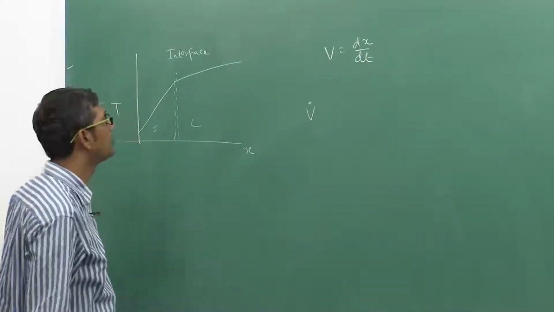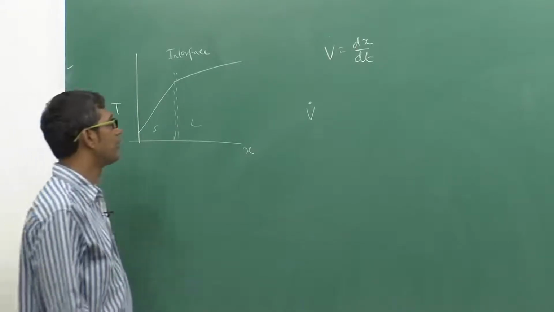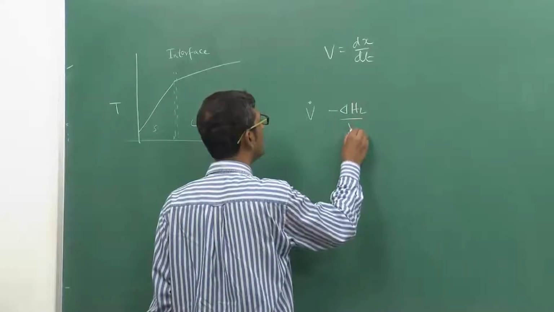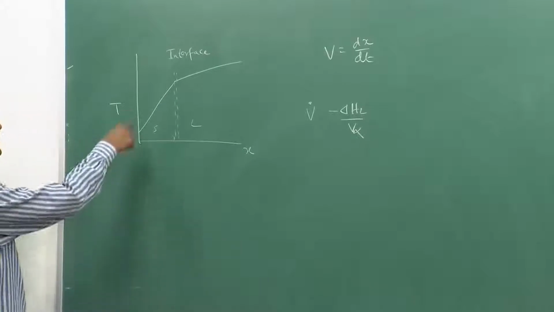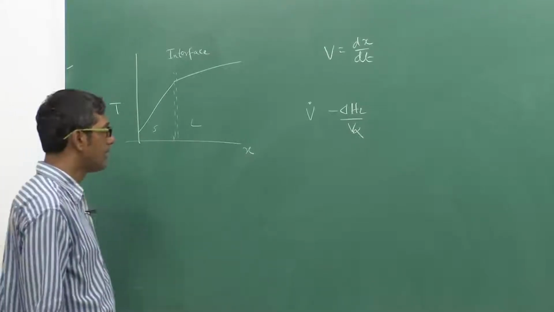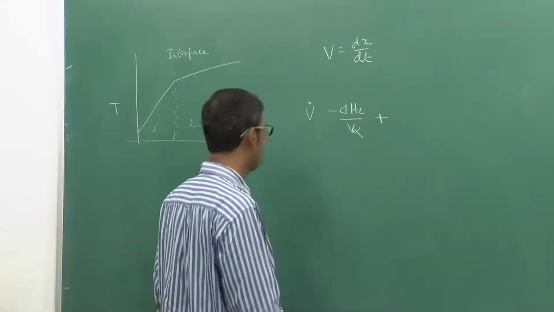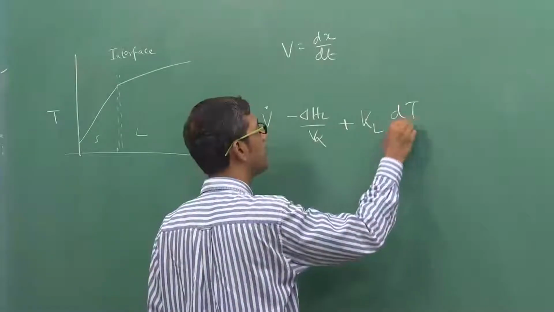If it moves dx distance, then it is dx by dt. Growth rate multiplied by the heat evolved per unit volume is the total heat generated because of the latent heat evolution. Thus this plus the temperature gradient in the liquid multiplied by